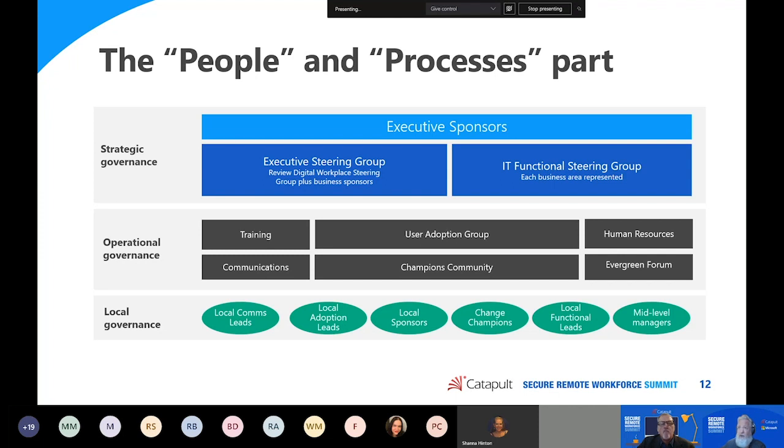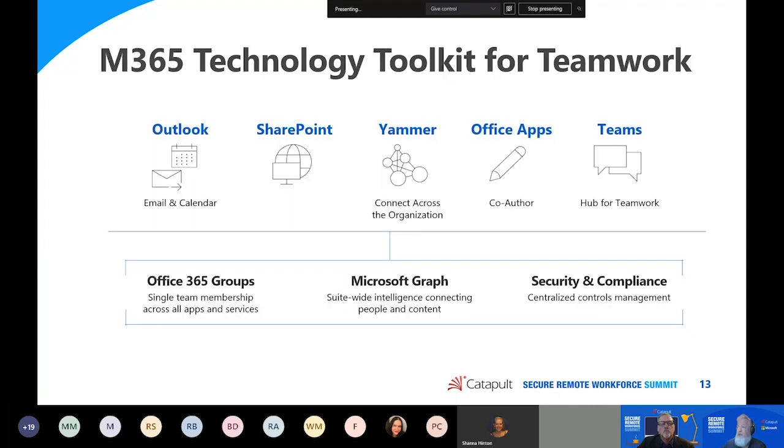Can't say enough about building a champions community in your organization, people who will support their peers with technology adoption. The Evergreen Forum is something that's a little new for a lot of folks. It's people looking at the future from an operational perspective and how to implement that technology. Again, I think the idea here is that putting in one workload, like say Teams, is going to impact other workloads and other components of your organization. You need to address that.